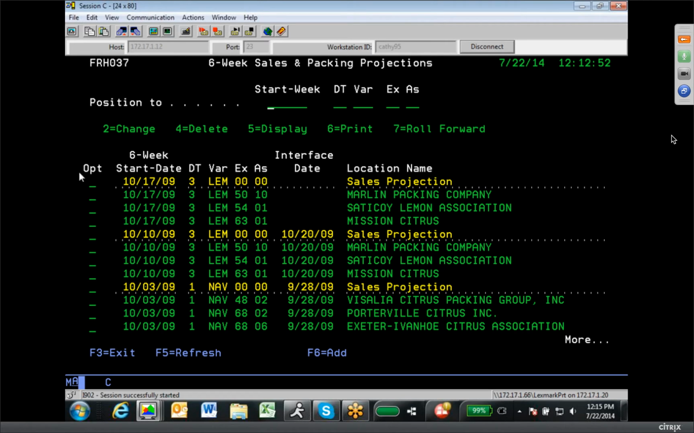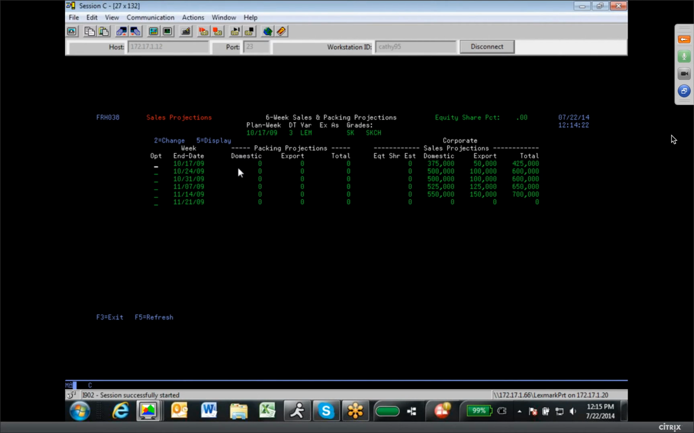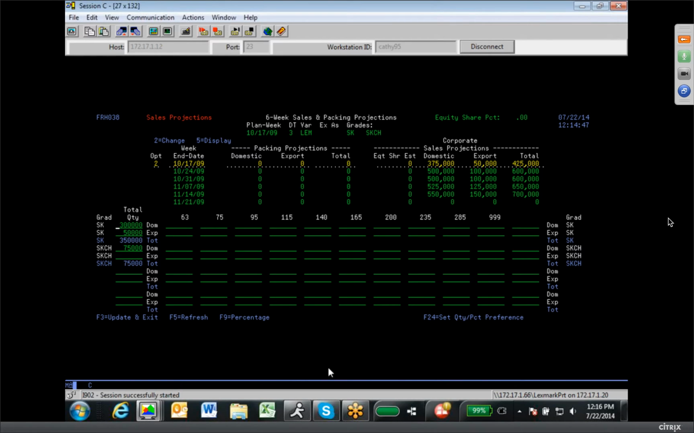Okay, so you can go into one of those. Is this one? Sure. And you start off with doing sales projections, which is on the right-hand side, and the sales go first, and then the associations put in how much they think they can pack out of that. So if you do a 2 to change one of those,